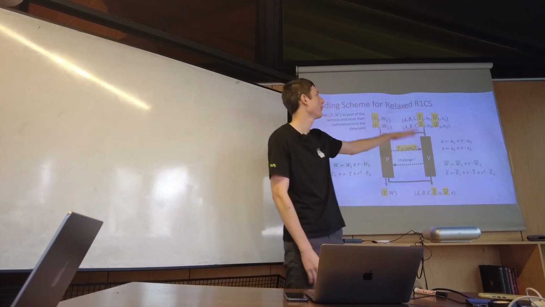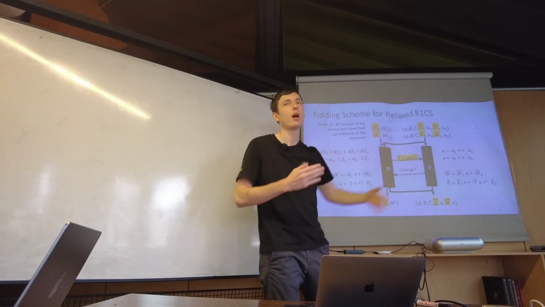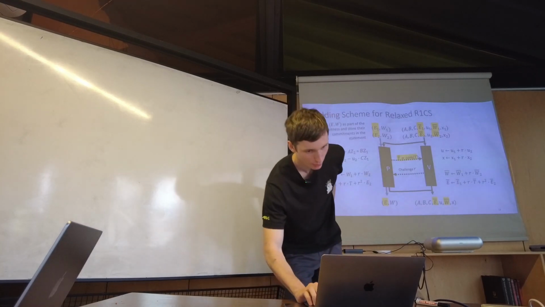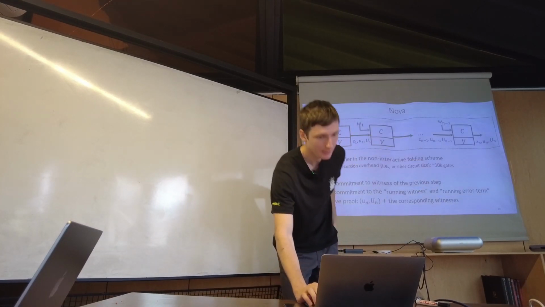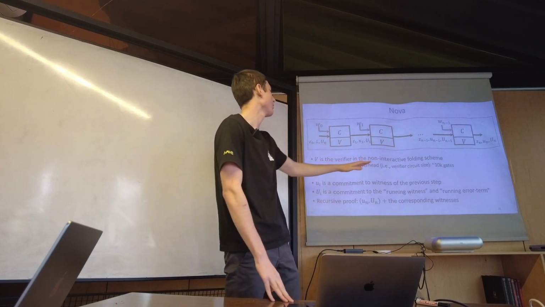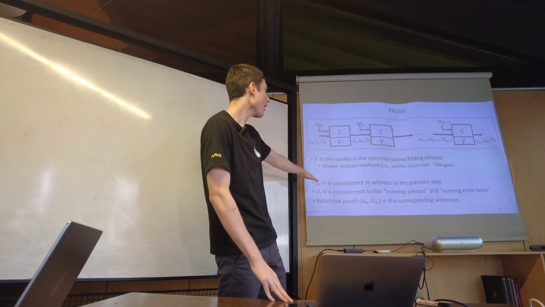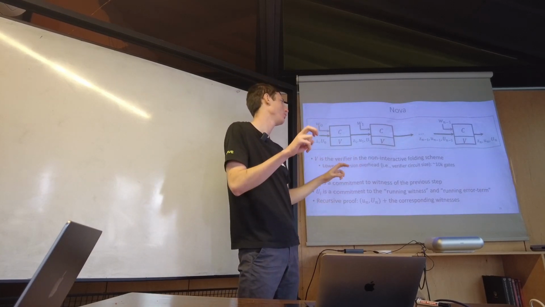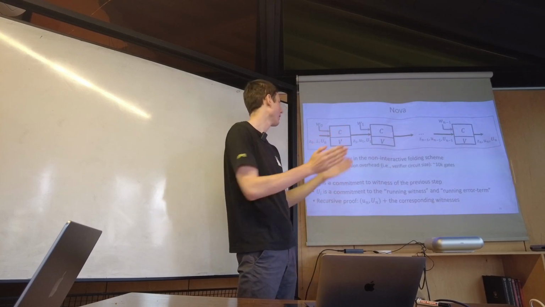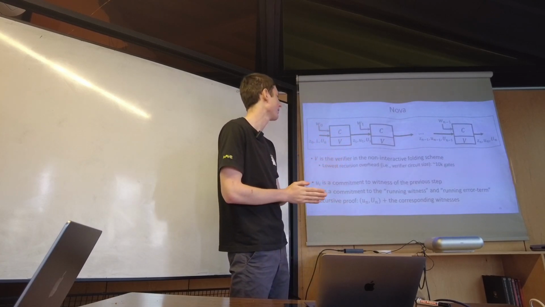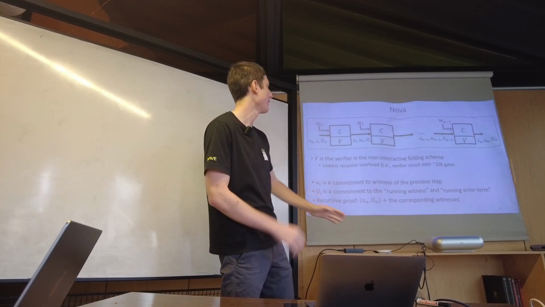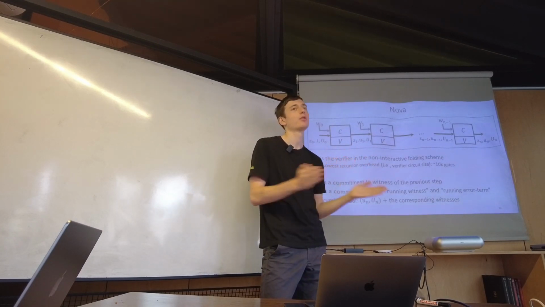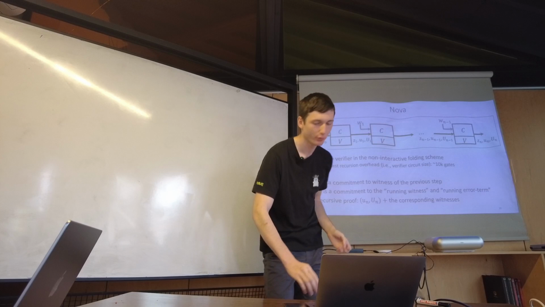You have all of the problems with the cross term and the error term and the scalar you have to add to make a relaxed R1CS instance. This is just what we just saw, so I'm not going to go through it all. And basically, in the end, you have this big chain of circuits. You can aggregate it, and at each time you have a commitment to the previous step, a commitment to the running witness, which is the accumulator, and you can accumulate each new instance over the old ones. And at the end, you have a recursive proof that proves all of the steps at the same time, for instance, using polynomial commitments to do that.